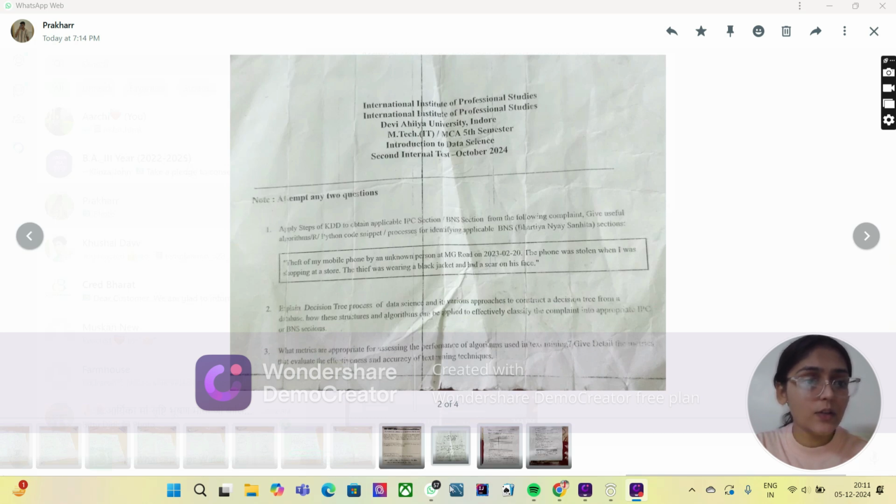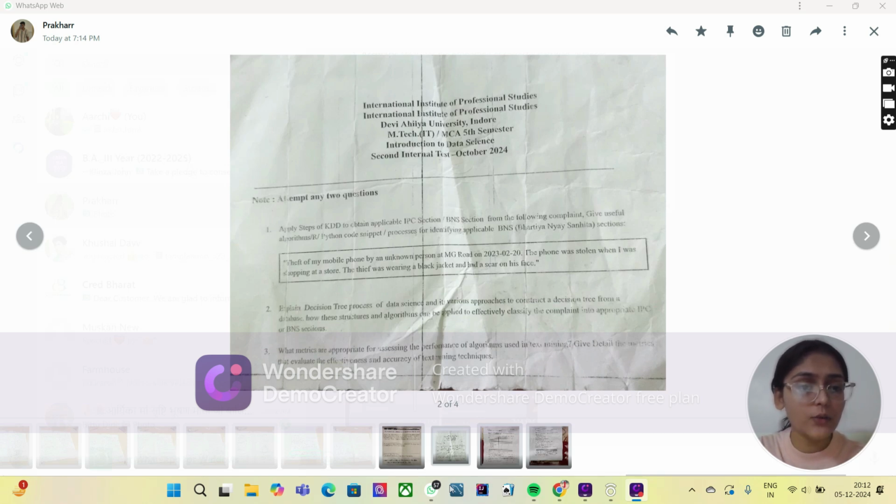Feature engineering, extract relevant features from the complaint text such as keywords, phrases, and sentiment analysis. Data pre-processing, pre-process the data by handling missing values, encoding categorical variables, and scaling numerical values. Decision tree construction, construct the decision tree using a suitable algorithm and splitting criterion. Evaluation, evaluate the performance of the decision tree using metrics such as accuracy, precision, recall, and F1 score. Model deployment, deploy the decision tree model in a production-ready environment to classify new complaints into IPC or BNS sections.